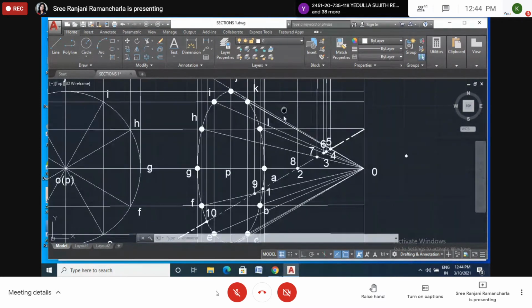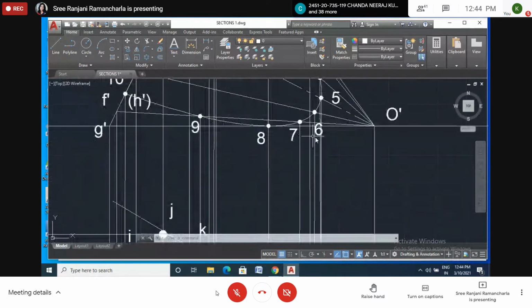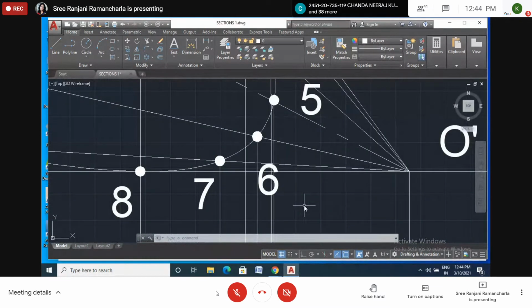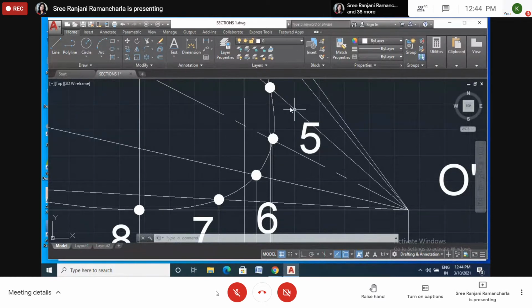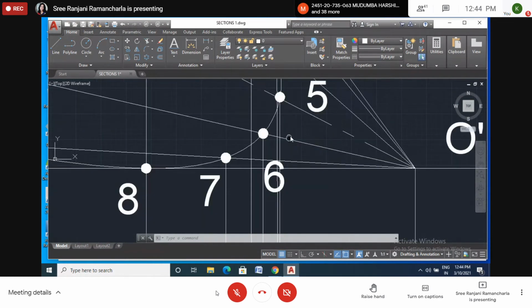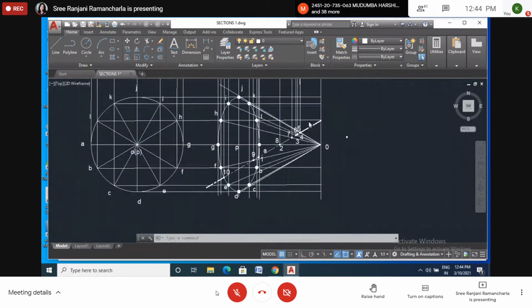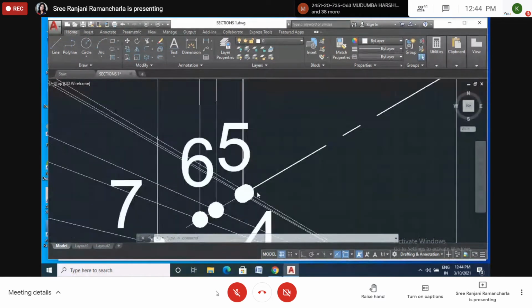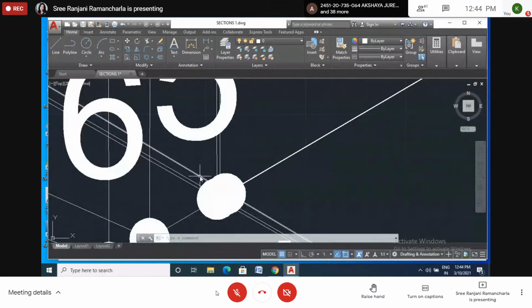Here, about the tangent, I want to explain. Now see here this point. See this point. Please, all of you. Now from point 4 to 5, the 5 point is here. If you draw the tangent to this curve, exactly it will be a vertical line. Exactly it is coinciding with this tangent line here. This point which already we have given the tangent, this line. This is the tangent we have given. This line will be coinciding. Okay.